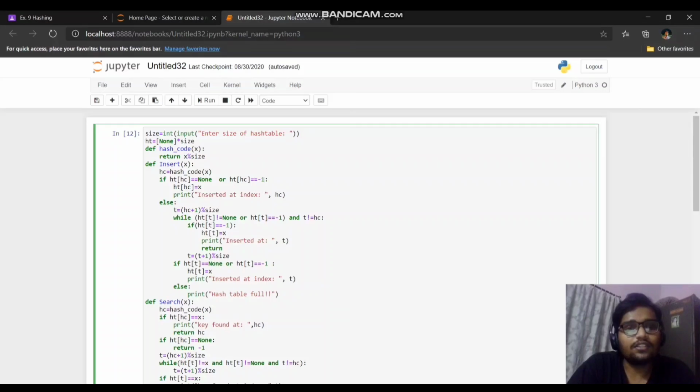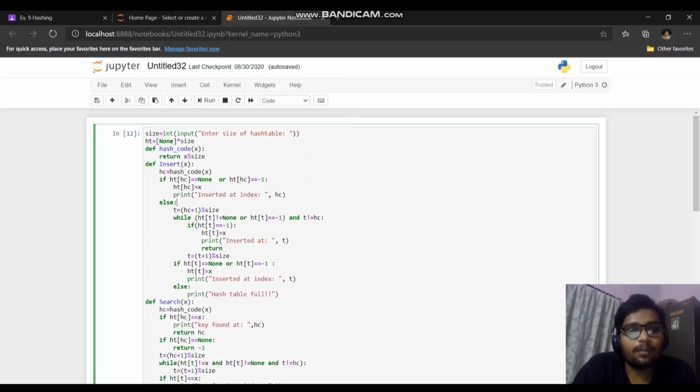Or else, if the position at index hc has already been occupied, then a collision occurs, right? We have to handle that, so we have to look for the next available location to insert our element. So t is equal to (hc plus 1) modulo size.